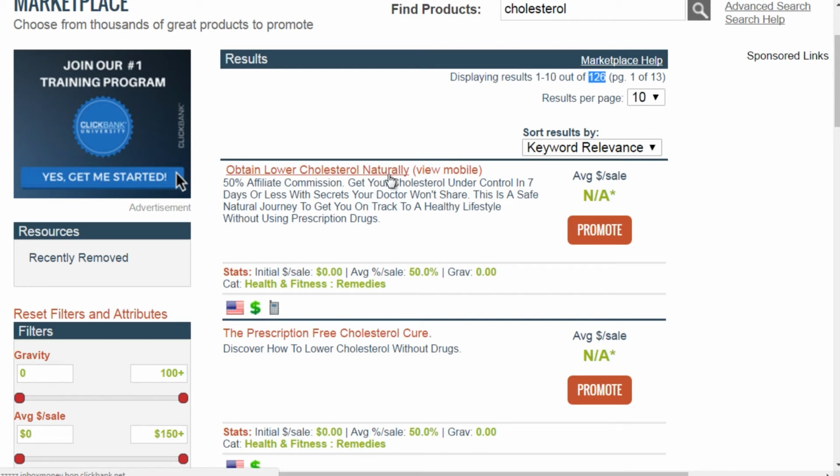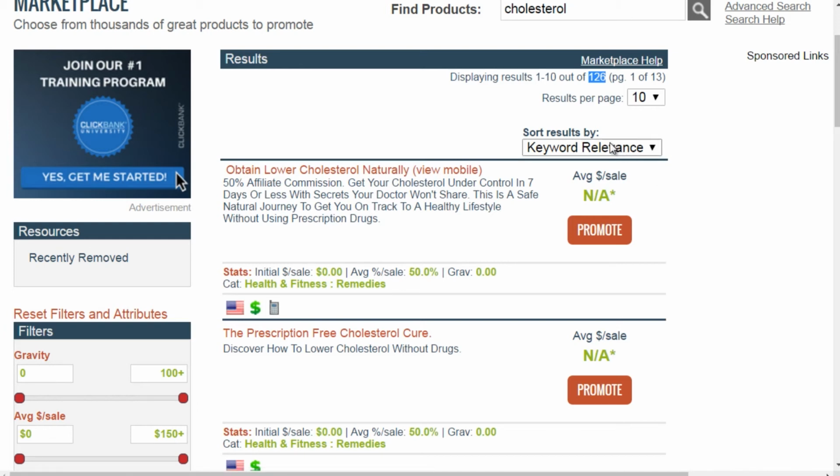Now, the nice thing about ClickBank is it gives you some data about whether the product is selling or not. So remember I said you want to find vendors that are actually selling products that actually are doing well. That doesn't mean that you approach somebody who doesn't have good data. Doesn't necessarily mean they aren't doing well, but you are trying to do enough due diligence so that you pick the right vendor. So as you can see, we see these, and these are related to the keyword that we